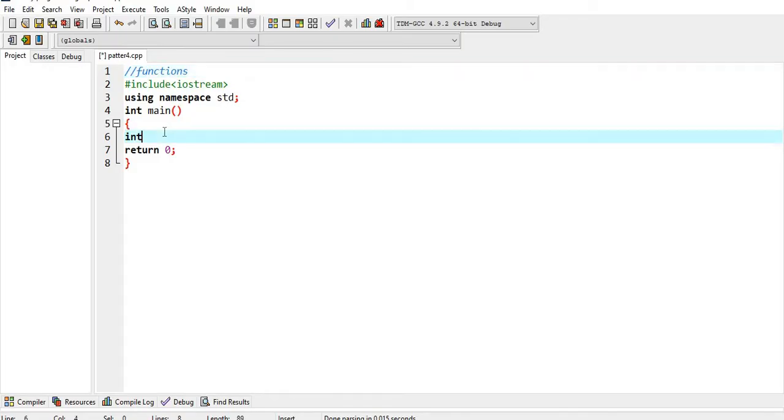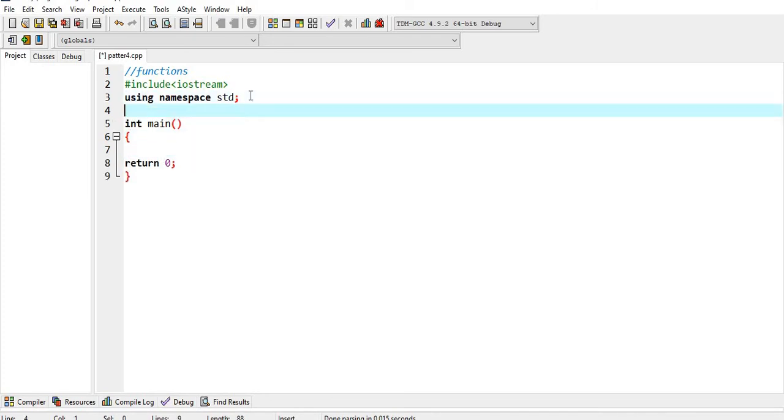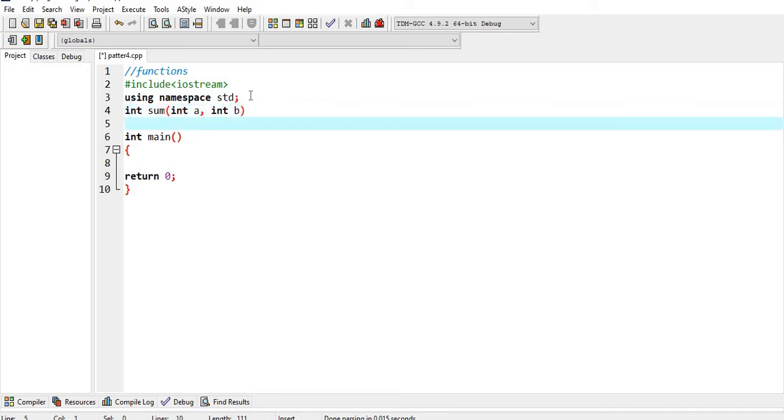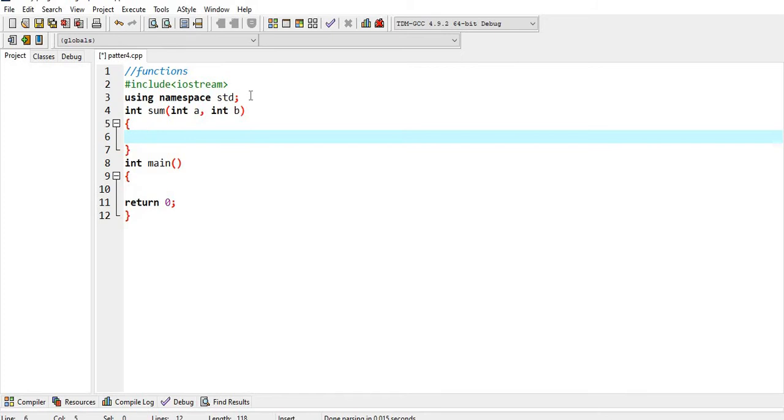First of all, we have to take two numbers from the user, or we can define them. Instead of doing that, first declare our function. I prefer to use the function definition because I know what to do. So I'm going to define it. My function has a return type, its name is sum, and it receives two parameters, and it is going to return the sum of these two numbers.